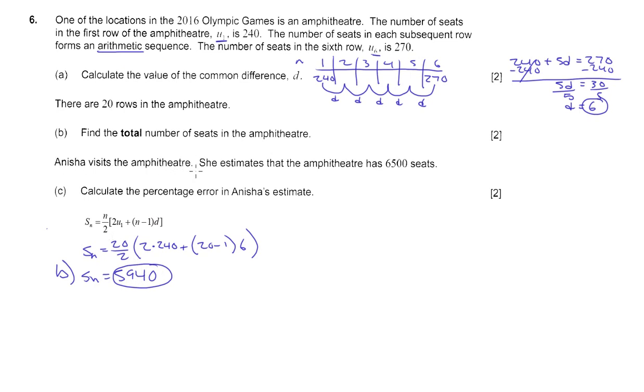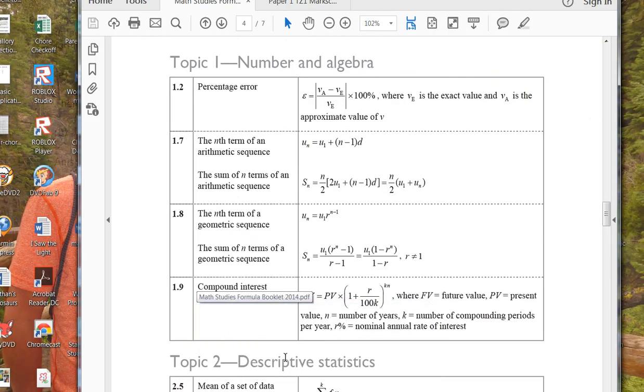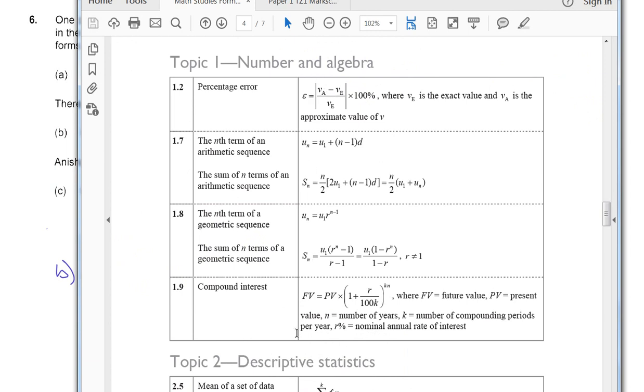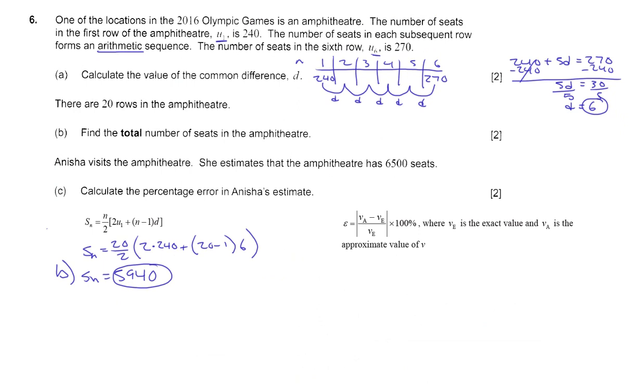Anisha visits the amphitheater, and she estimates that the amphitheater has 6,500 seats. Calculate the percentage error in Anisha's estimate. So, percentage error, that's something else that is on our formula sheet, and here it is. So let's copy that down and use that. Okay, so here's our formula. It's going to be the absolute value of VA, and it even tells you what VA and VE are. VA is the approximate value of V, so there's our approximate value, 6,500,